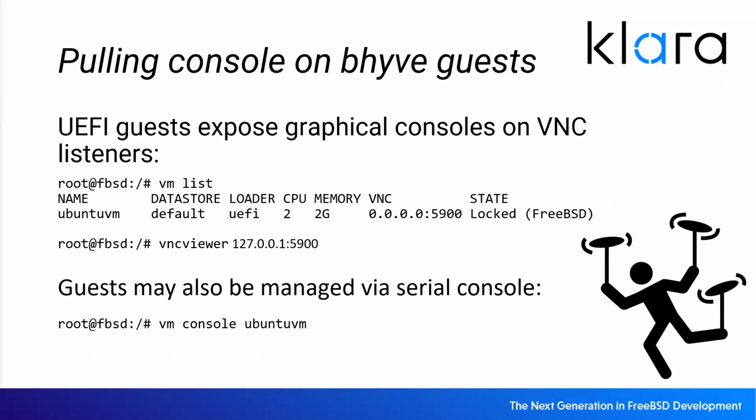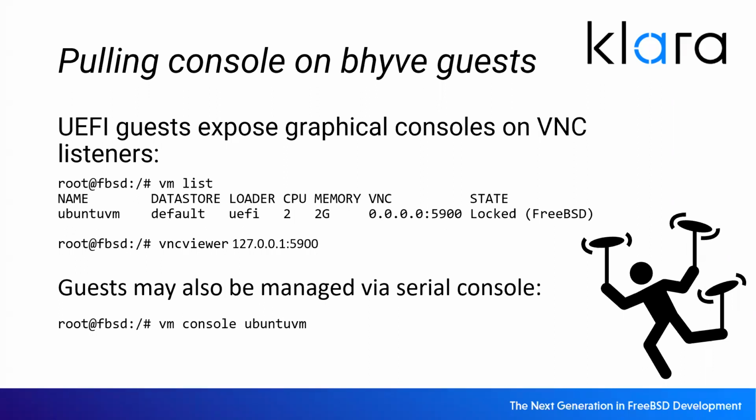All righty. So when you want to pull a console on your guest, the UEFI guests, like we said before, as long as you also specified graphics equal yes, they'll expose a graphical console on VNC listeners. And this is built in and automatic. And when you use the vm list command, as you see here, I did actually pull one of the columns out of the command so that it would show up on the slide and be visible. You get all the information there and one further column, which I believe is the path to the data store for it. But you'll notice here that under the column VNC, we see